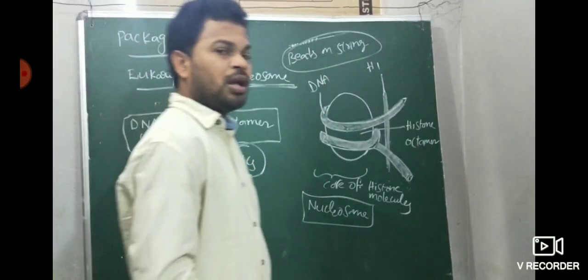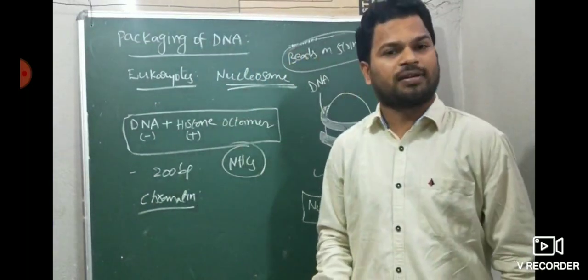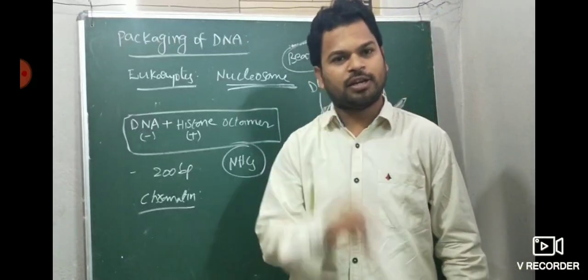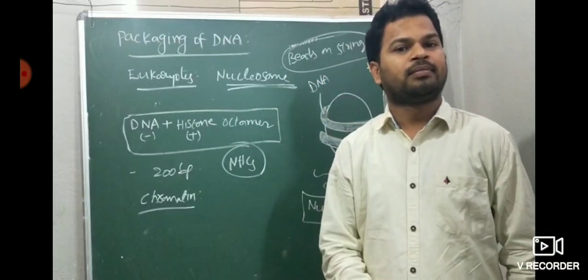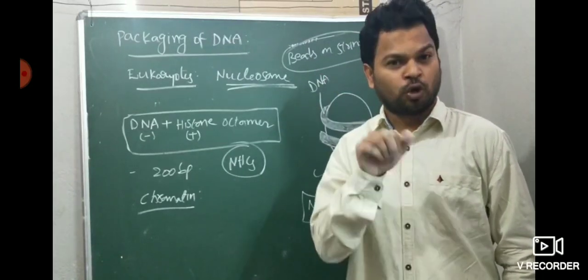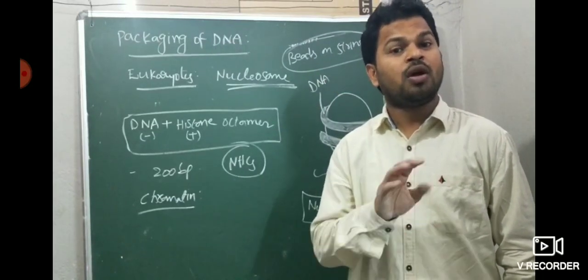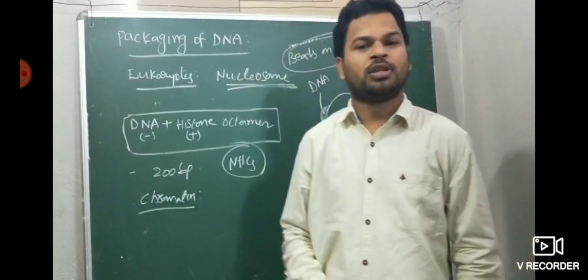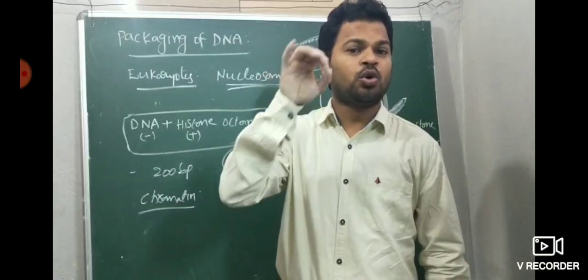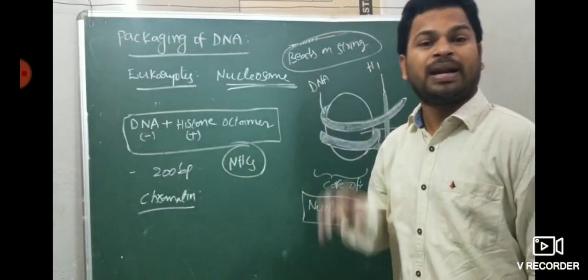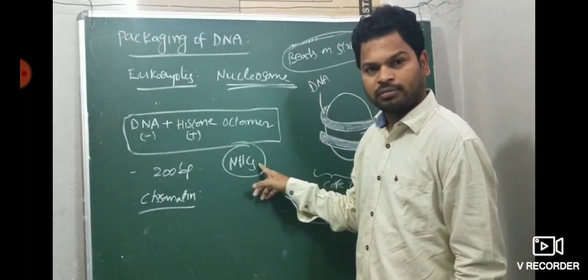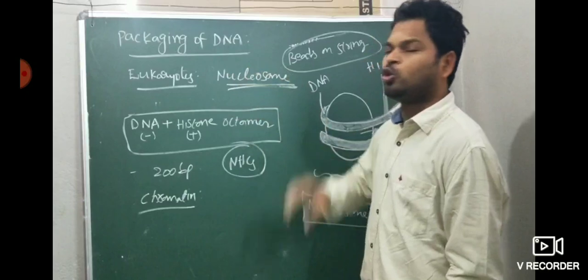Some questions also: chromatin consists of what? NEET question, in first year also. Chromatin consists of DNA, RNA, histone protein, non-histone protein. Options: 1, 2, 3; 2, 3, 4; 1, 3, 4; 1, 2, 3, 4. All of the above. Chromatin consists of DNA, RNA, histone and non-histone protein, all are present. But at higher level packing, non-histone chromosomal proteins are required.